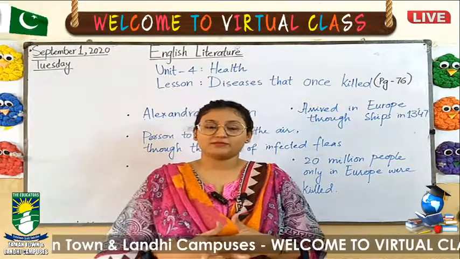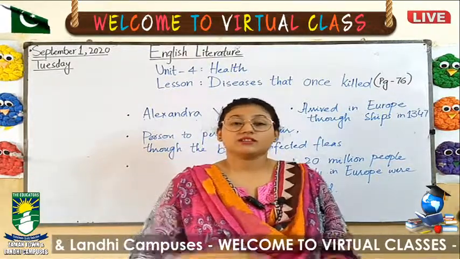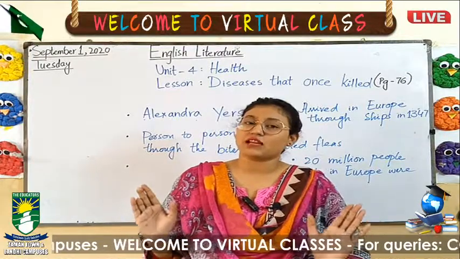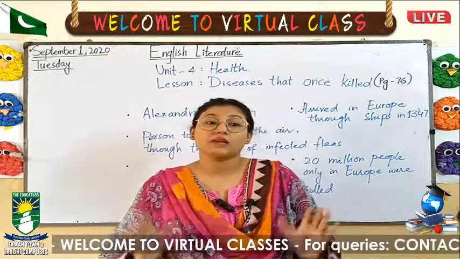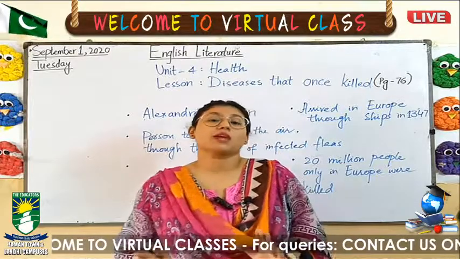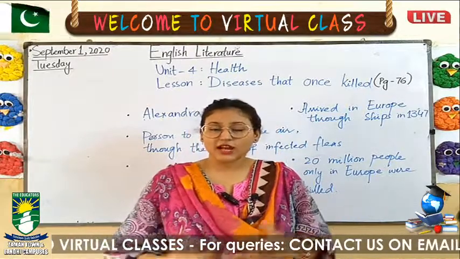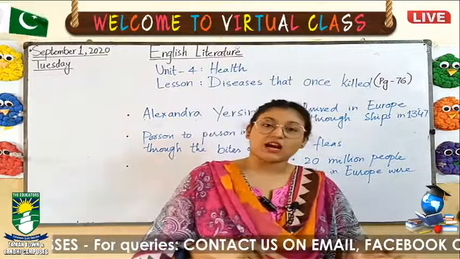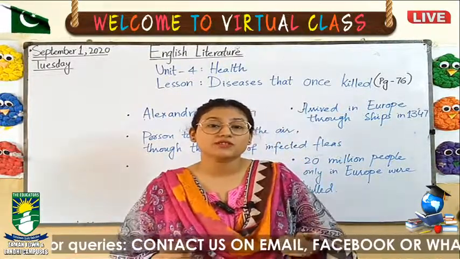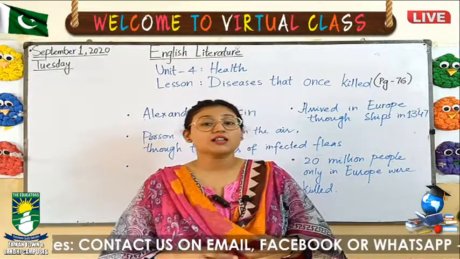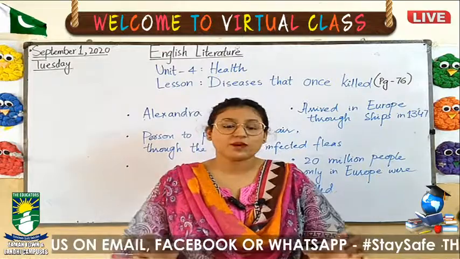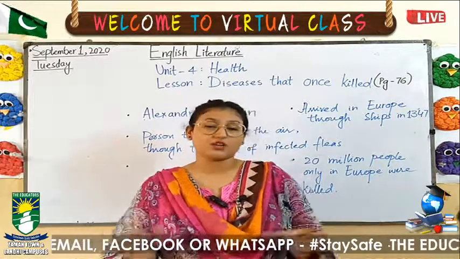So let's have a rhyme. There is a rhyme which is quite famous. We have been studying it, reciting and performing it since our childhood. So it was: Ring a ring a roses, a pocket full of posies, a tissue, a tissue, we all fall down. It was quite famous for everyone, and even in my childhood, it was famous.